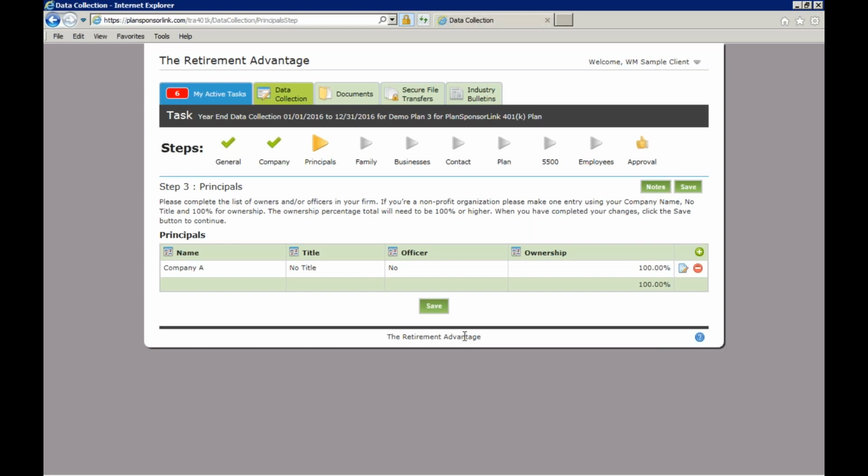So if perhaps you are a firm with no ownership, such as a nonprofit entity, you can just make one entry using the company name. You enter no title and 100% for ownership, like the screen is currently showing. Once this information is updated, again, just click Save to move on to the next step,